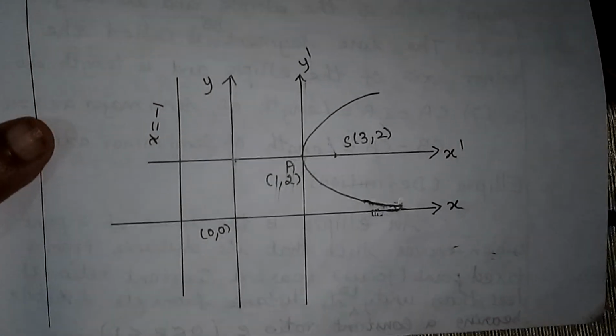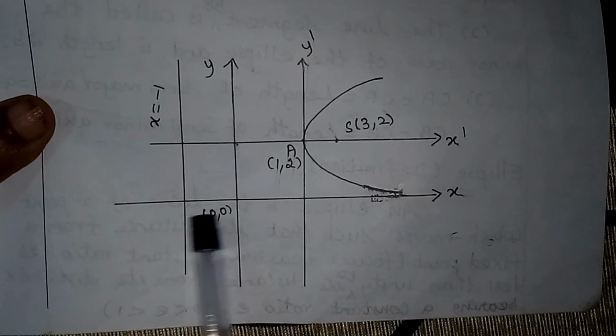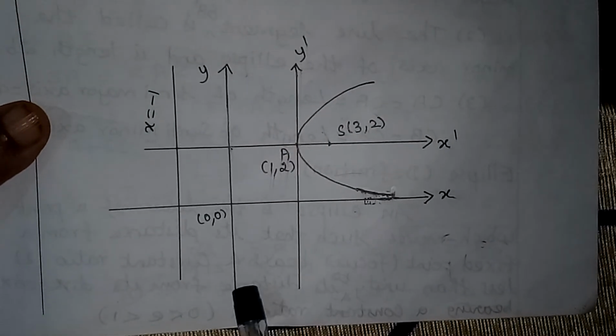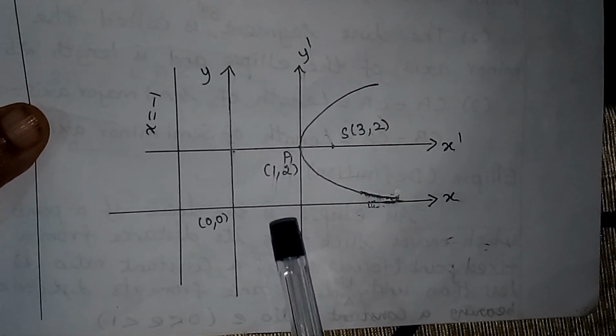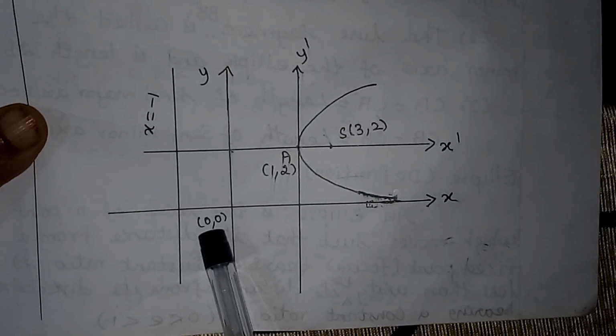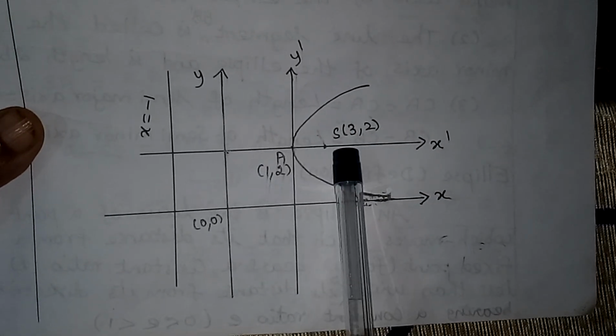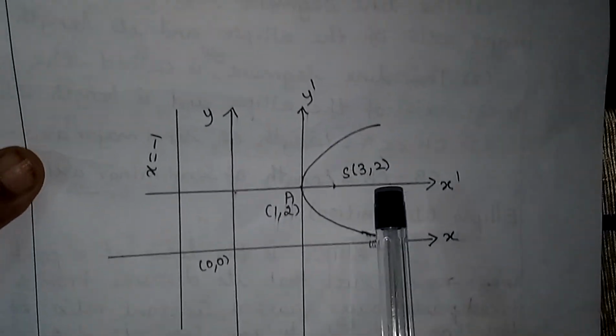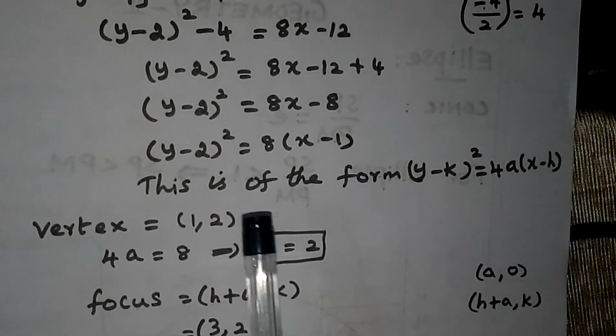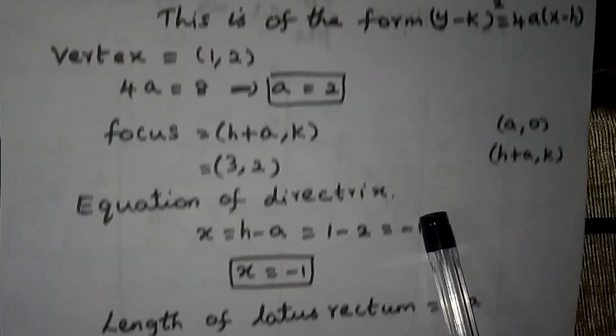Now we can draw the diagram. So first you mark the x-axis, y-axis. Draw the x-axis, y-axis, mark the origin. Then take the vertex. It is 1, 2. It will be somewhere here. Draw another set of axes, x dash, y dash. Then plot the focus, 3, 2. It will be somewhere here. Then draw the parabola like this. From the general form itself, you can identify it is open rightward. So using that also, you can draw.